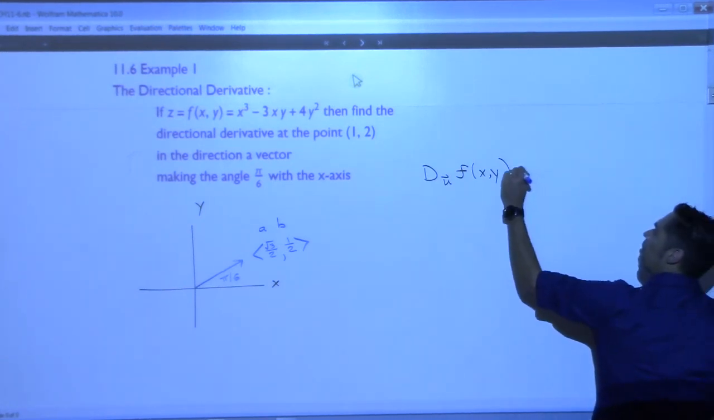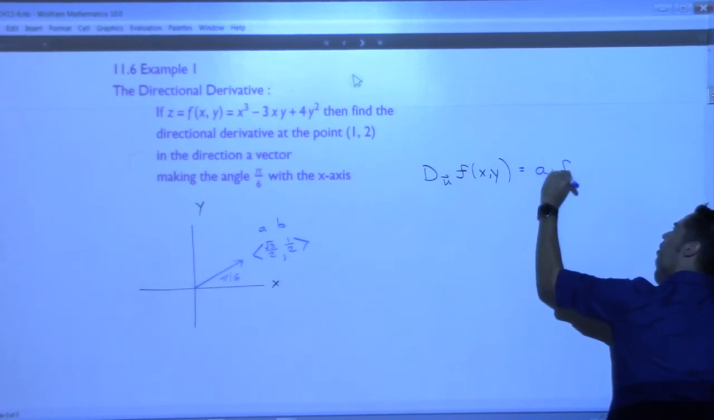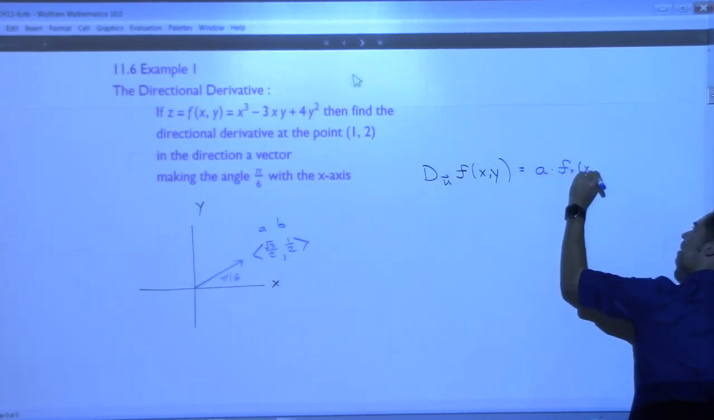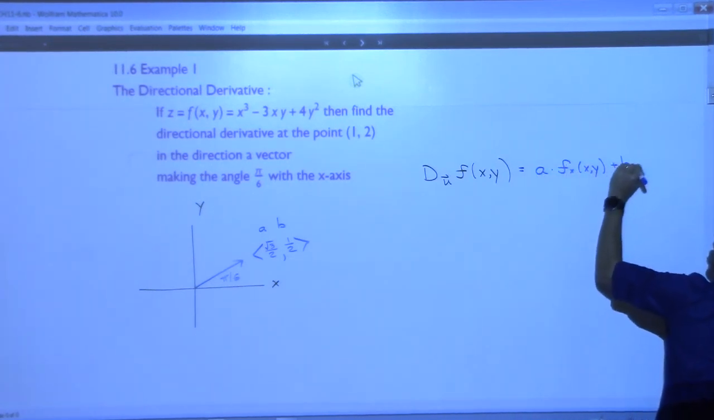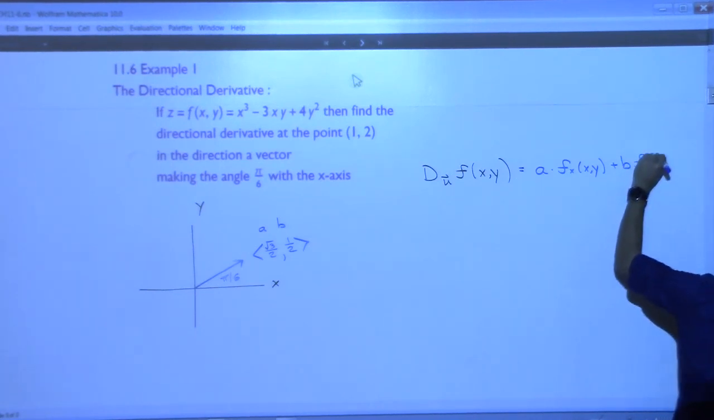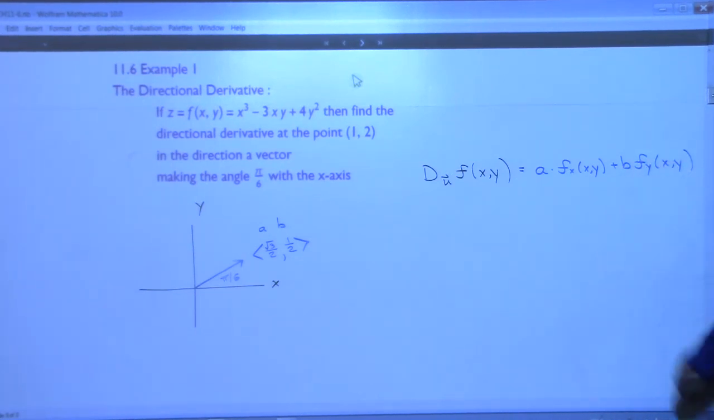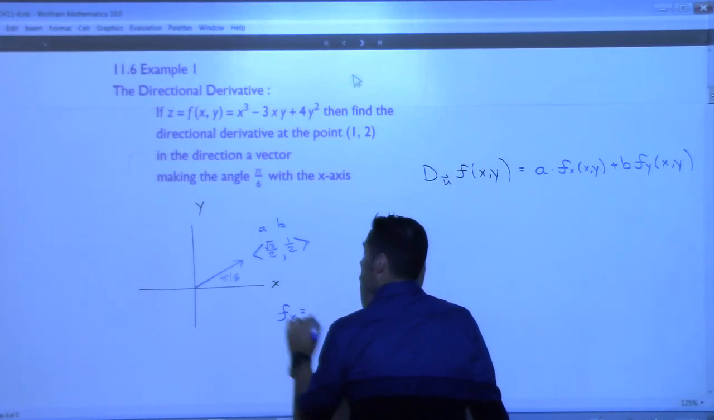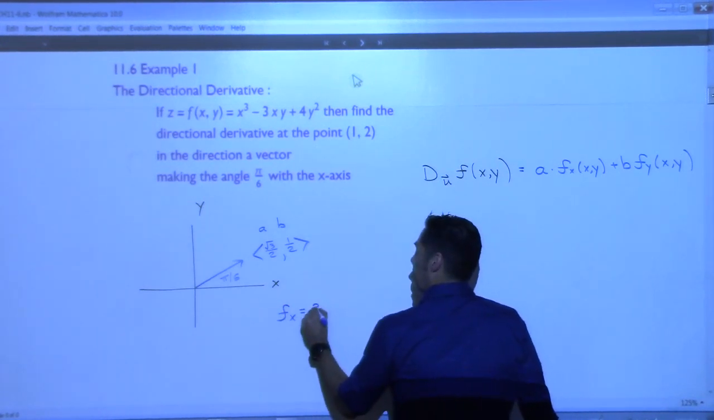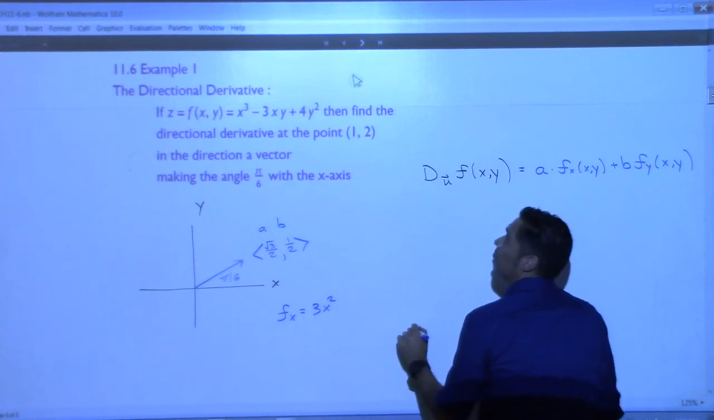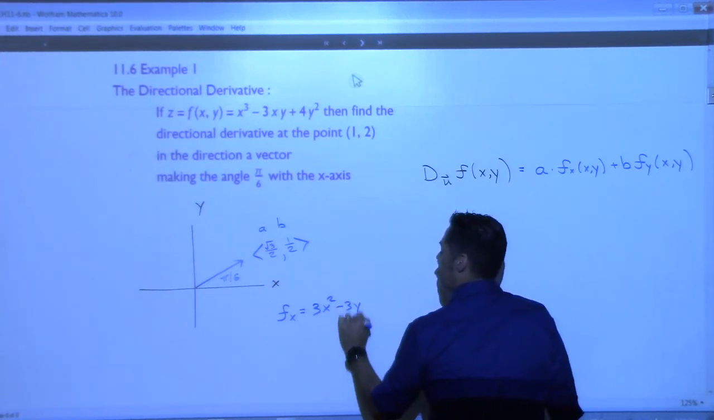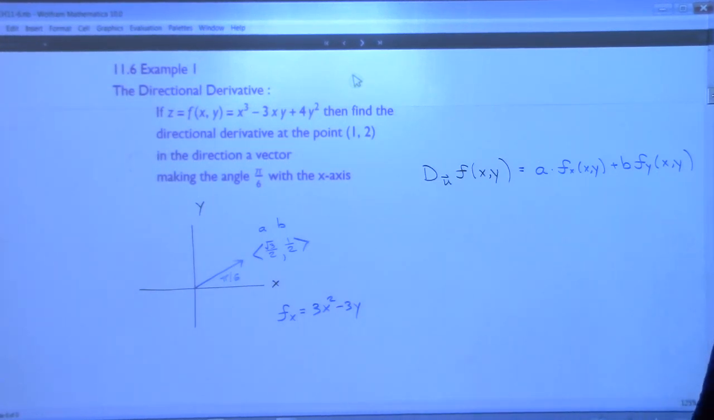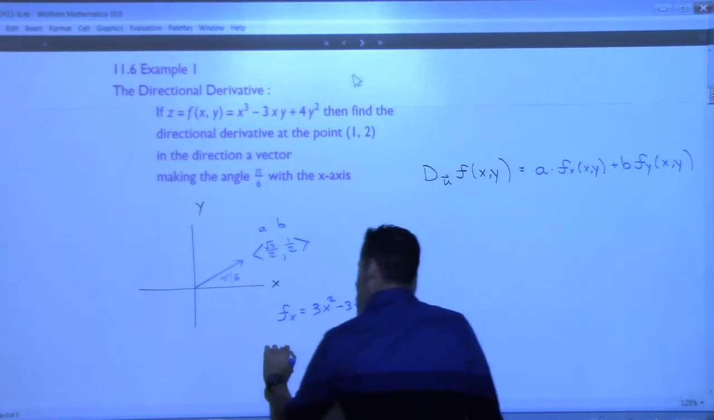Maybe I should write the formula here again. It's a times the partial of f with respect to x at (x, y) plus b times the partial of f with respect to y at (x, y). So I need to get these partials, don't I? Let's do some partials over here. What is the partial of f with respect to x? Let's see, 3x squared minus 3y. That's it. Okay, what is the partial of f with respect to